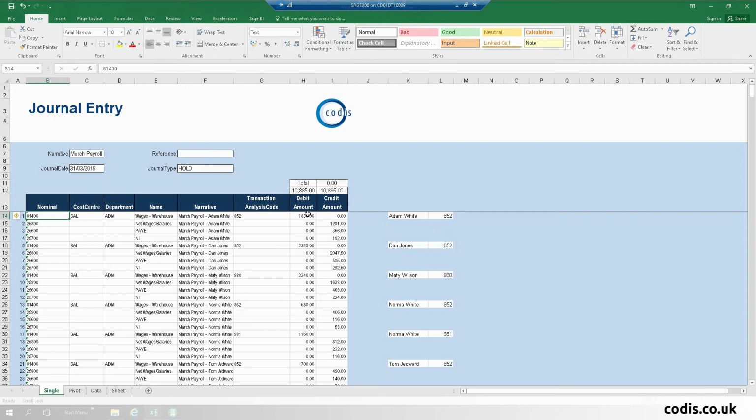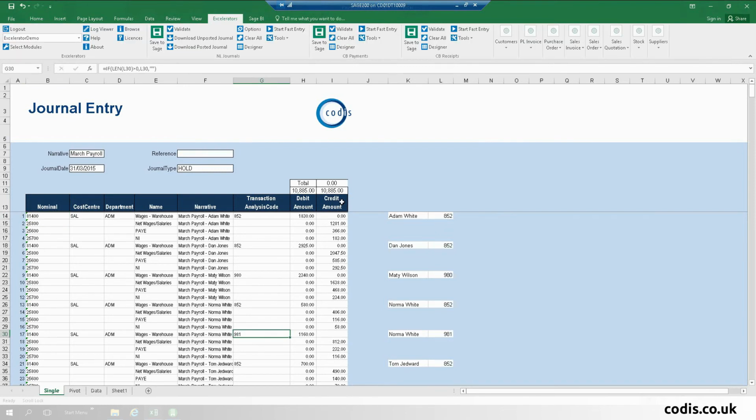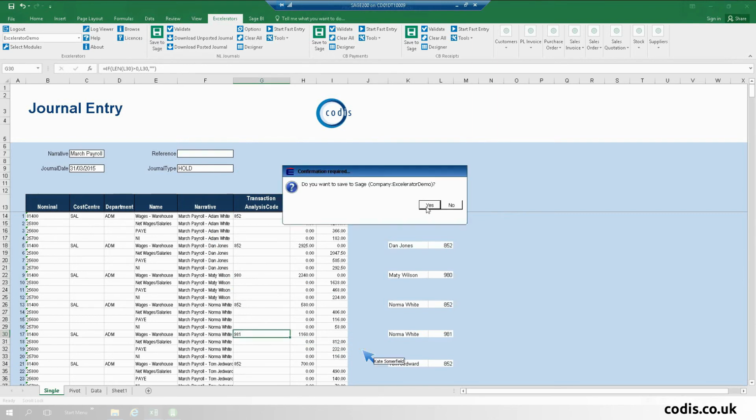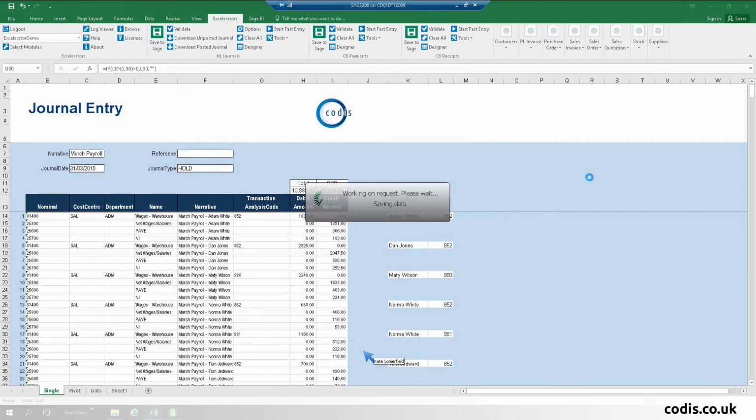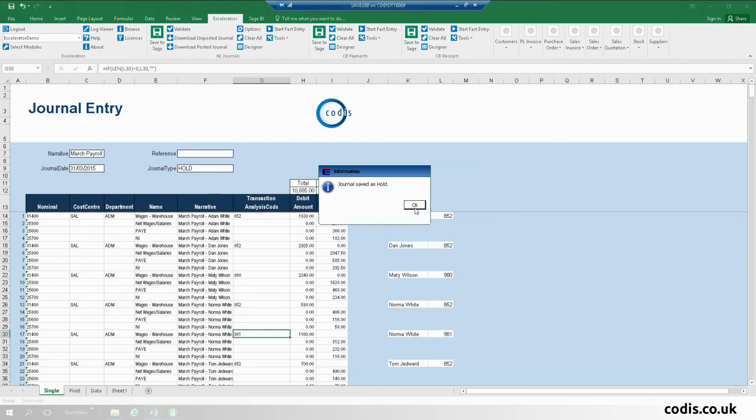So it's ready to post, and you can see that it has different job numbers, so it's broken down by job number. Now, the example I'm using at the moment is a time management system. Obviously there are many other ways that data can be pushed into Excel from third-party products, but I think this is a good example, and it's one that we have encountered in the past. So I click Save to Sage, and it's saved that journal off as a held journal on this occasion. So I close down